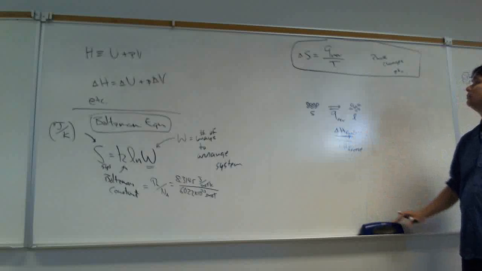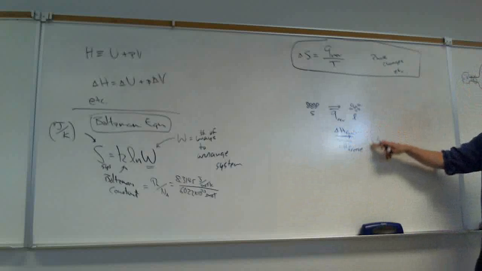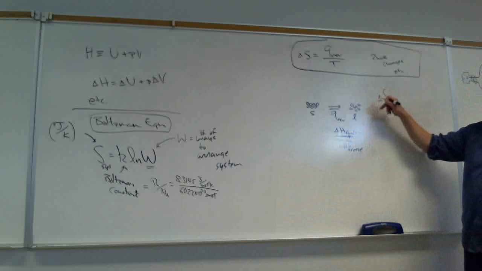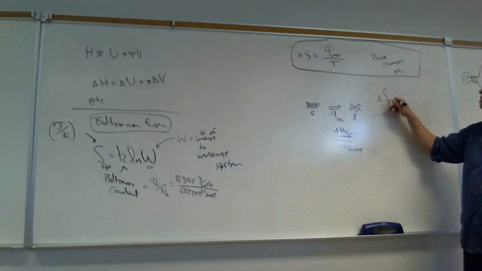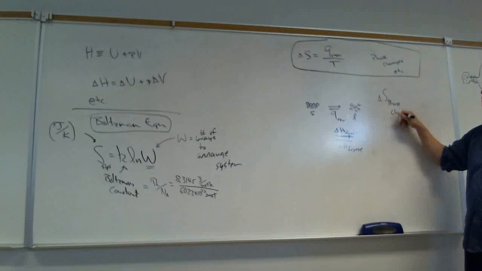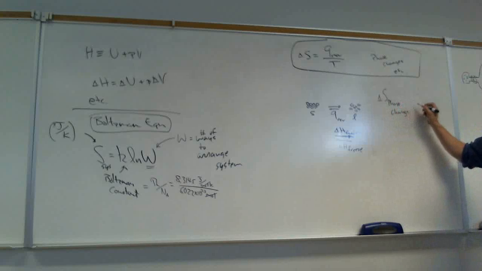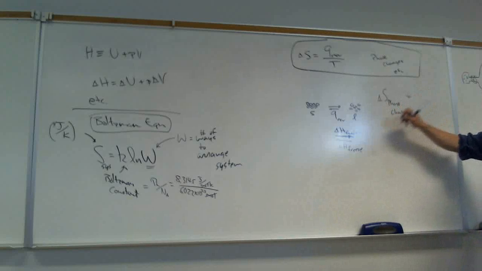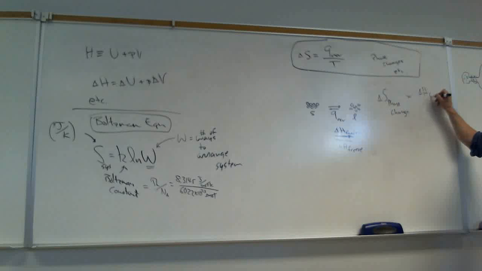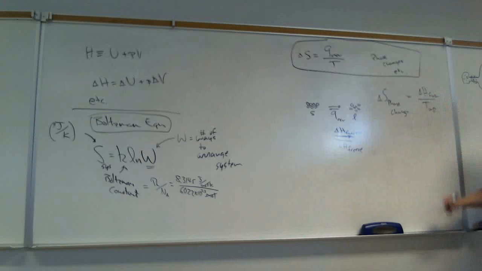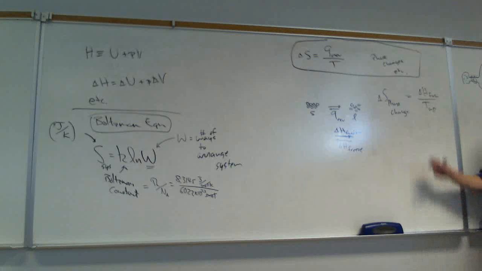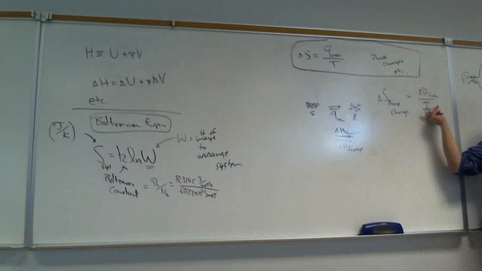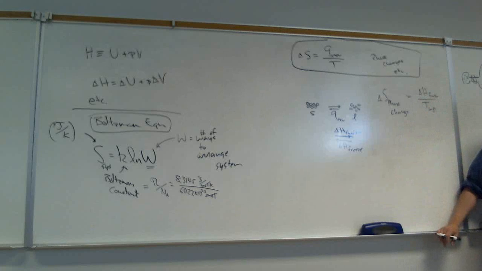And so if we want to calculate the delta S of the phase change, it might be something like delta H of fusion divided by the melting point temperature. The more heat that was required to melt this at this given temperature, the bigger the entropy change